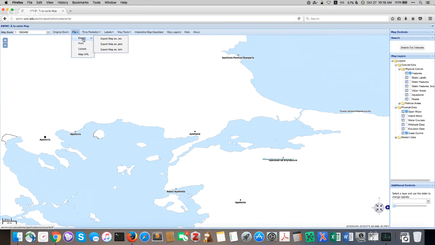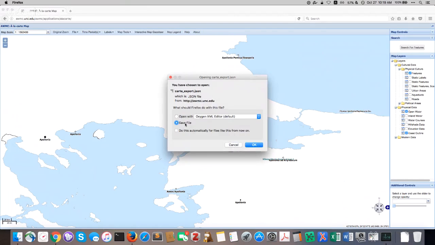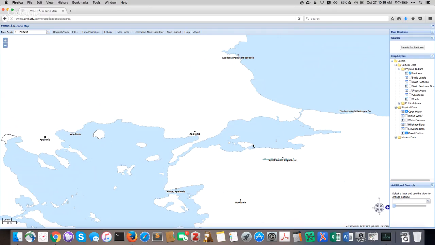There's also an export function, and that's what we're going to look at. You're given three options: to export as CSV, to export as JSON, or export as KML. I'm going to choose JSON, and we'll talk a bit more about these formats in a minute. We'll export our map as JSON, and it's going to ask me what I want to do. I want to save this file. I'm just going to put it in my downloads folder,